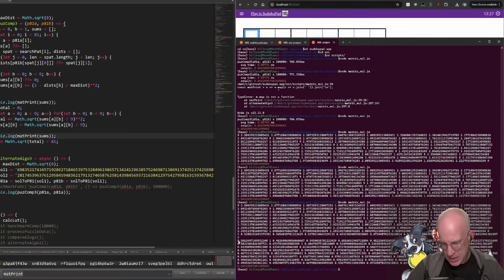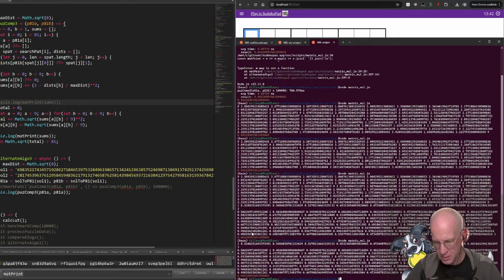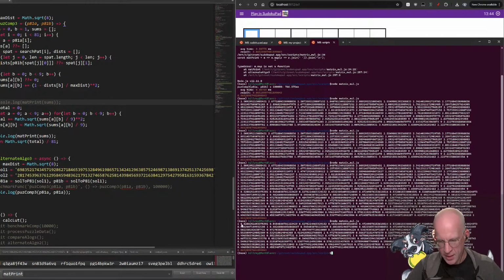So now here, the diagonal is the 1s, right? I'm not getting a 1 in the first one. Wait a second. What's going on here? Let me see. Ah, no, I had some wrapping. Yeah. So basically 1s would be perfect matches, right? And 0s would... well, you can't get a 0, right? Well,